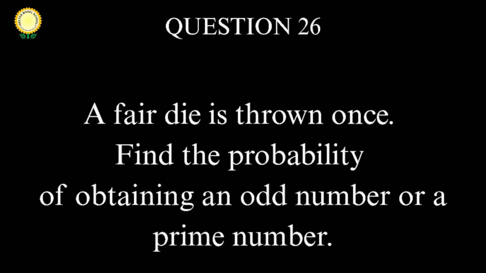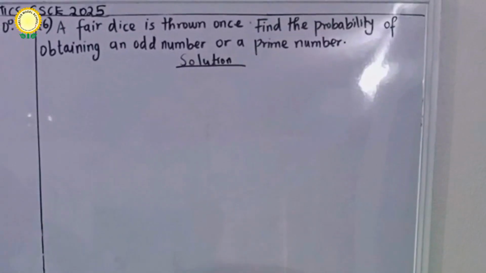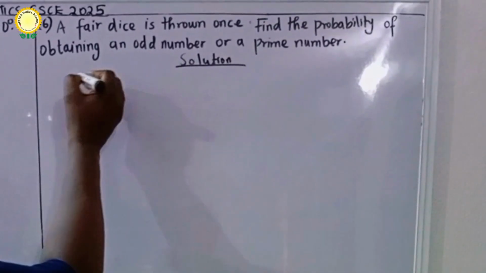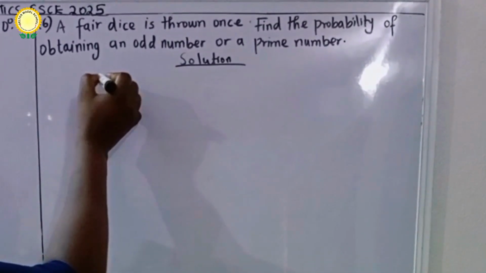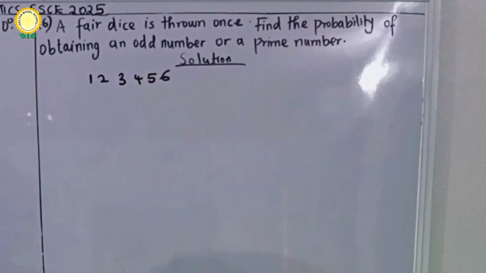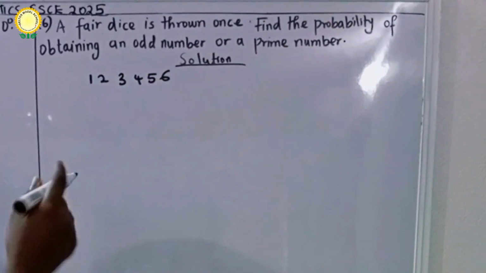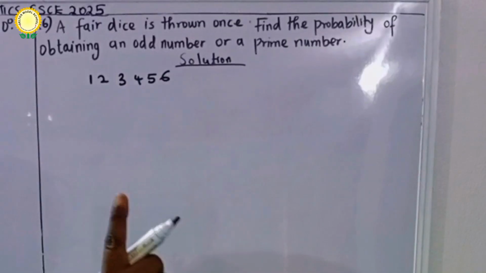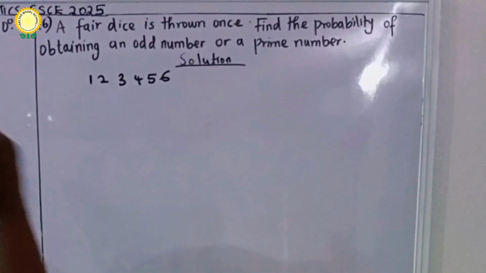Question 26. A fair die is thrown once. Find the probability of obtaining an odd number or a prime number. For a die you have how many numbers? 1, 2, 3, 4, 5, 6. That's what you use for your Ludo game, right? What's the probability that if you throw it only once, you have an odd number